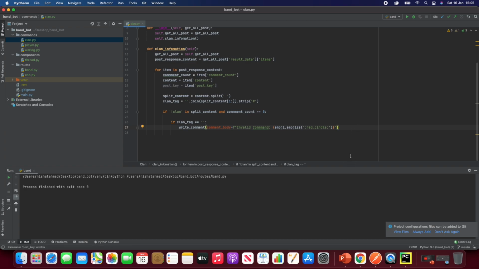Okay, so that's gonna happen when it's invalid, and else, if everything is perfect, then go ahead and trigger. So we still have to write the comment, right? We're gonna still write the comment and say that, okay, this is tick, good, it's fine. Then send the actual information based on that. So let's go do that. And the comment